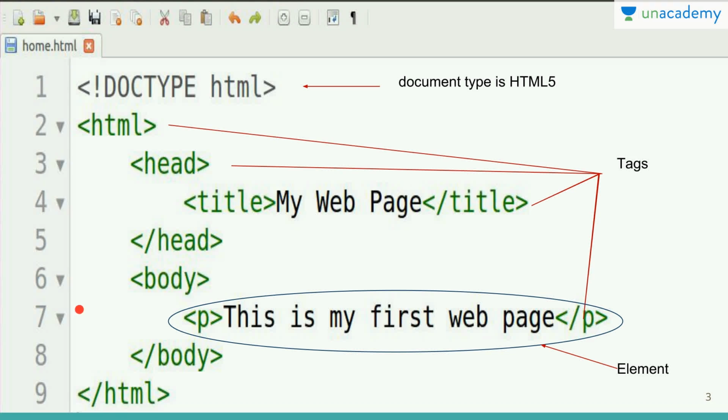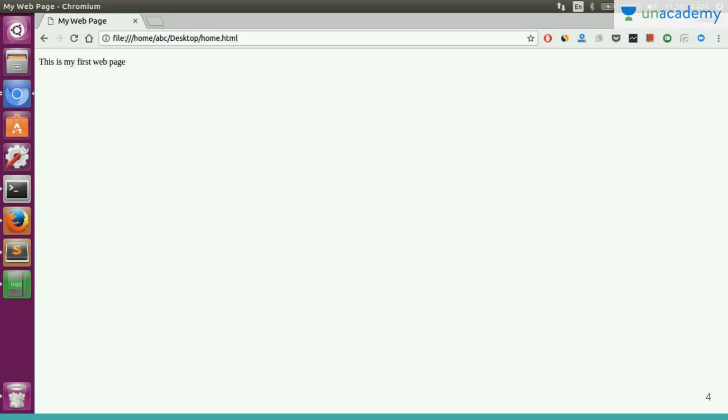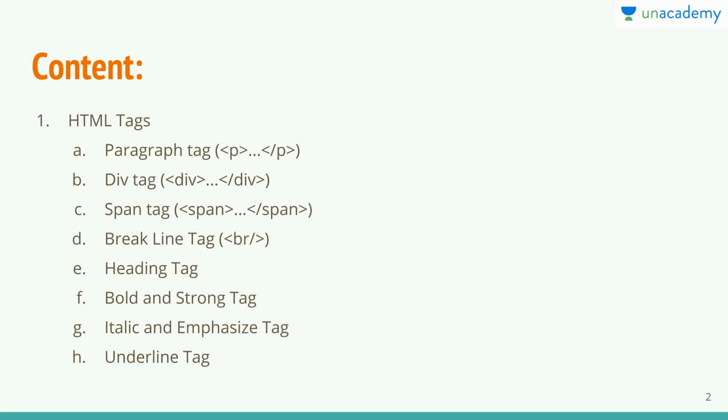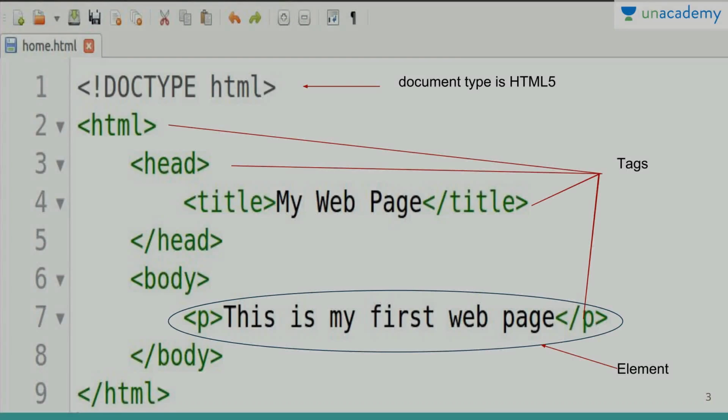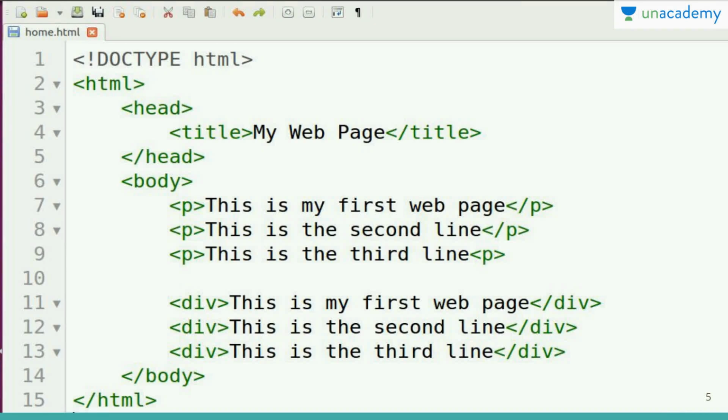In our body tag we have the paragraph tag, and the entire thing, all the content enclosed within a paragraph tag, is termed an element. So this is how our web page looks. Today our contents are some HTML tags like paragraph, div, span, breakline, heading, bold, strong, italic, emphasize and underline tags. So let's start. Go to your HTML file and write this code.